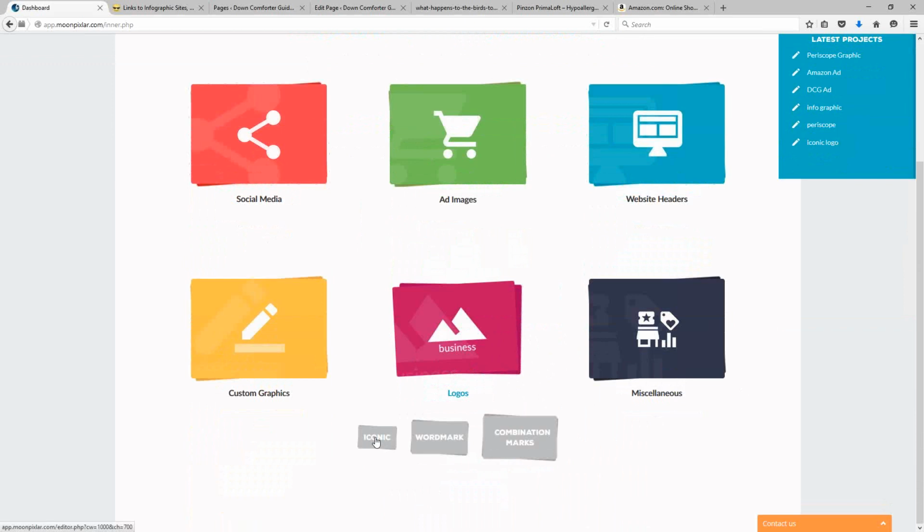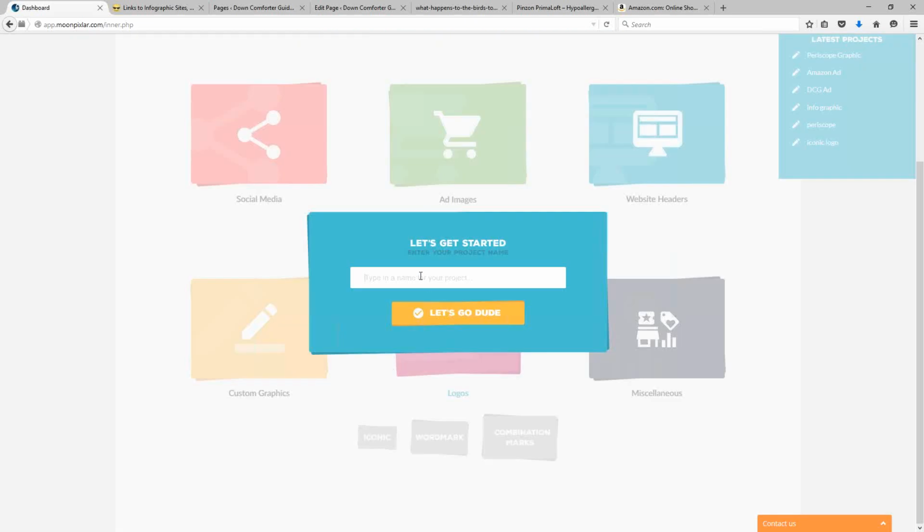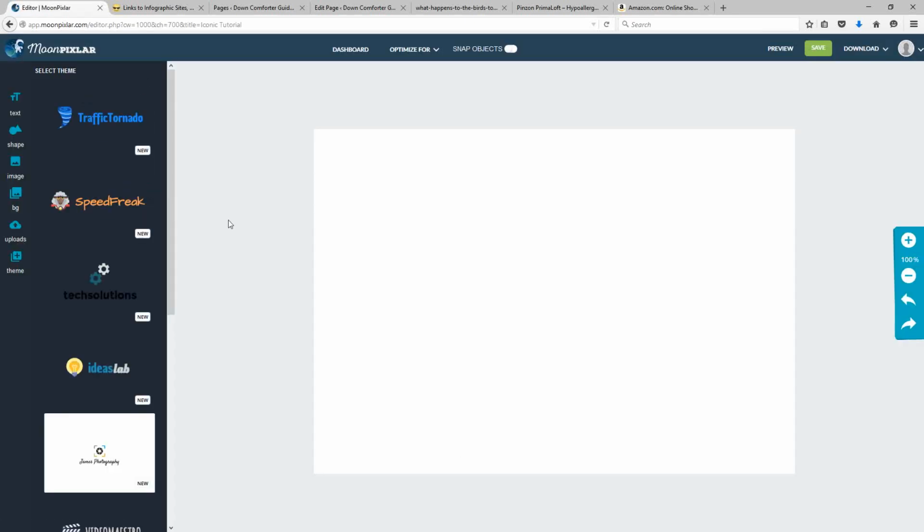Now, for the different types of logos that they have available here, I really haven't noticed a major difference. I believe the size may be one of the main differences with these, where you have a smaller as opposed to larger ones. However, they all seem to be still pretty large. So ultimately, I wouldn't put too much worry into which one of those you're selecting. You're going to get all the same themes and templates no matter which one you choose. So to begin with,